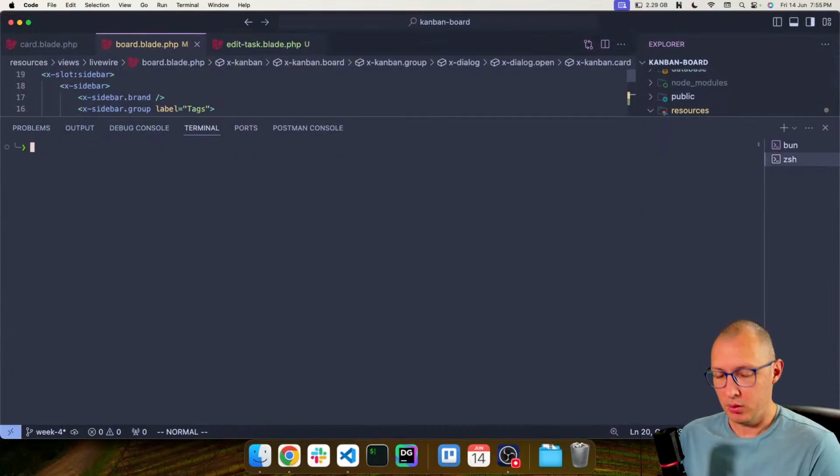Anyway, let's create a new component. php artisan make:livewire